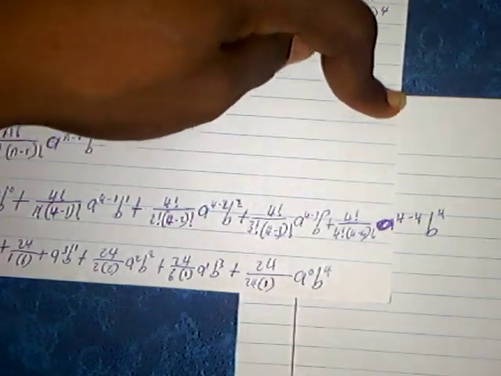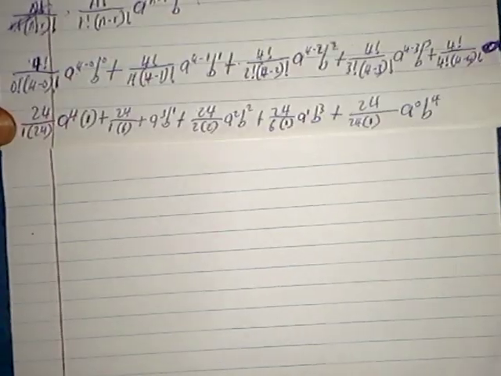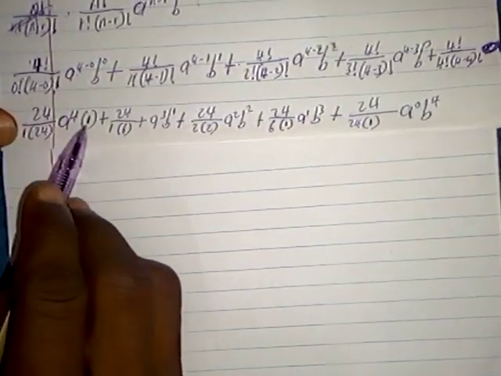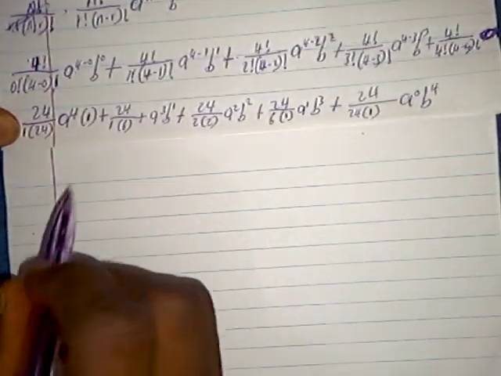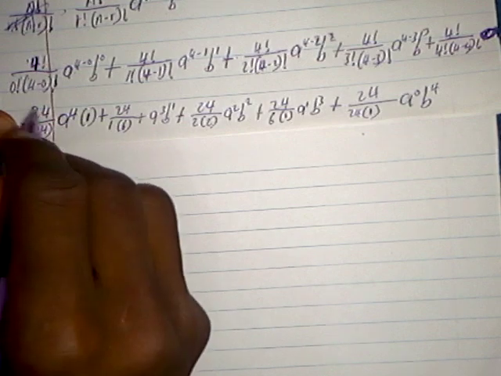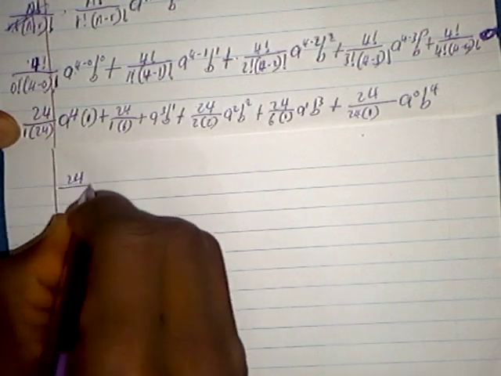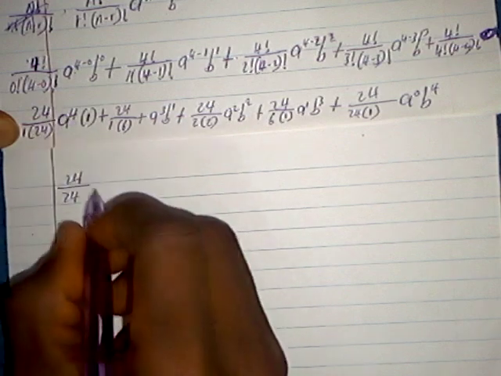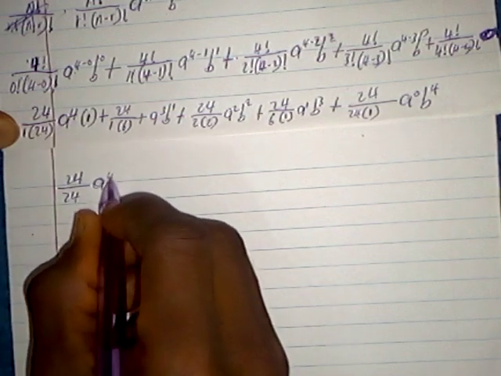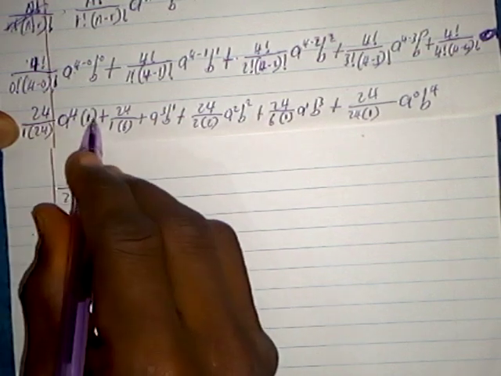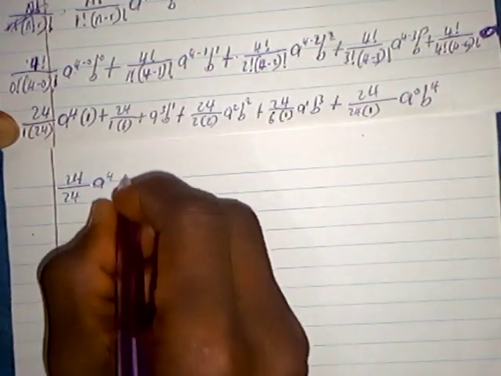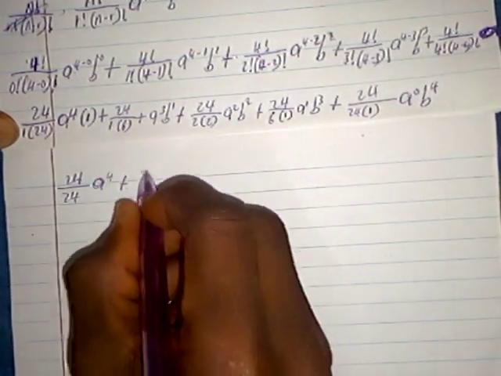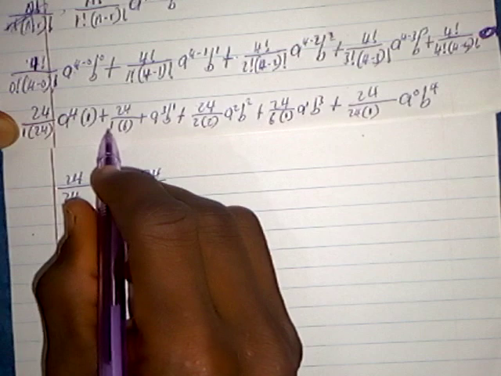Let me find another page. Continue. Now what are we going to do? We try to simplify this. 24. So now we say here is 24. 24 upon 1 times 24 is just 24. Right? A raised to the power 4 is just A raised to the power 4. A raised to the power 4 times 1 is just A raised to the power 4 plus 24 upon, and